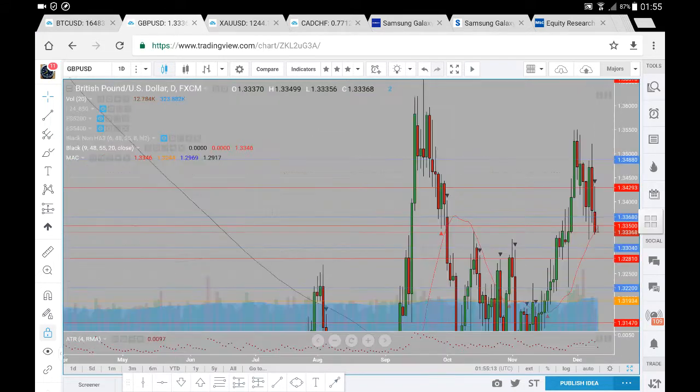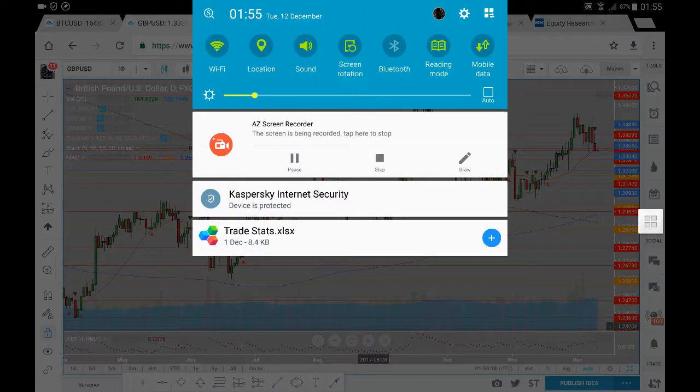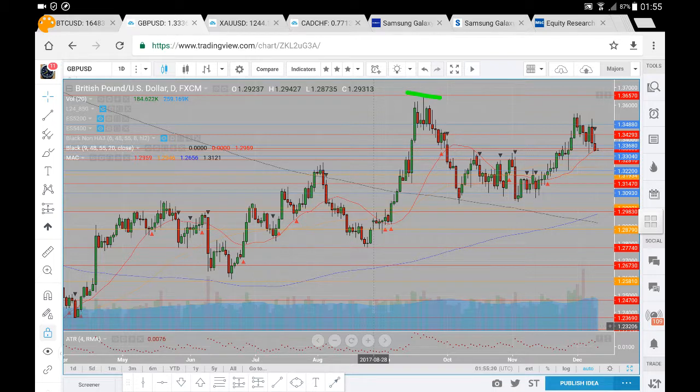So if we head over to the daily chart, and here we are, get the scale on here correct. On this daily chart, we can see our highs for 2017 so far, 36.57. We do appear to be posting a lower high at the moment. It did look at a retracement at one point. We did have a positive reaction off the 20 period moving average, but we have seen further sell side momentum